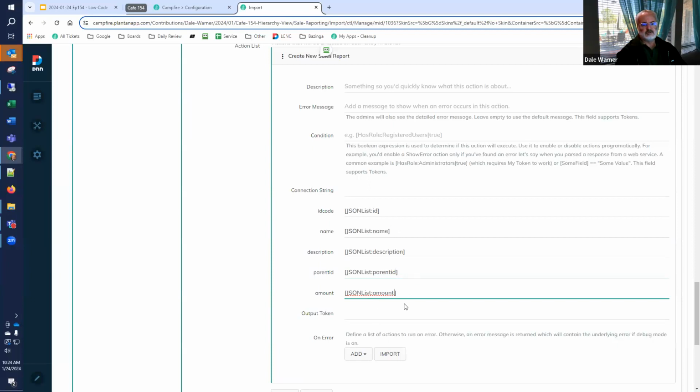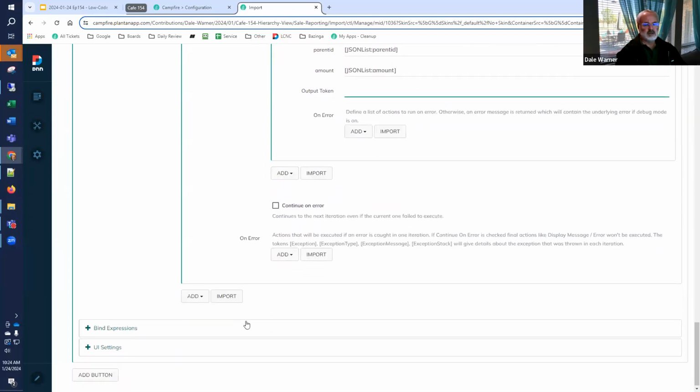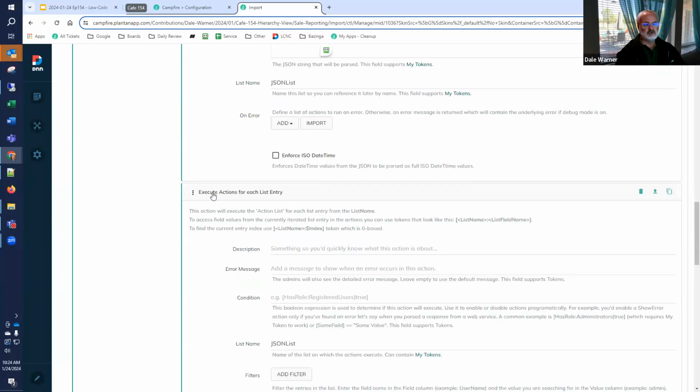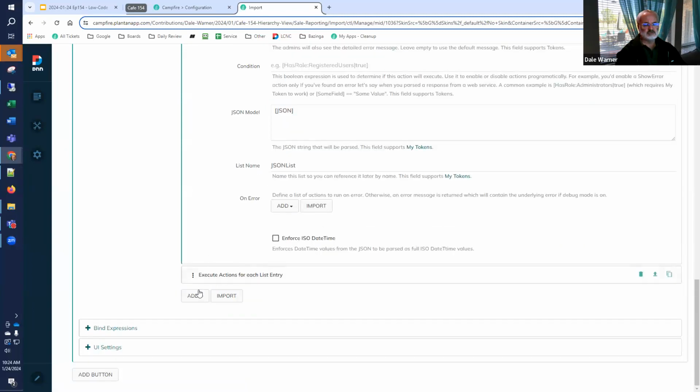So this is going to create a record. This output token would be the record ID, and we don't really care about the record ID for this purpose. And then just to know that it's done, after we execute this action to add it and process through that whole list, I'm going to add another one